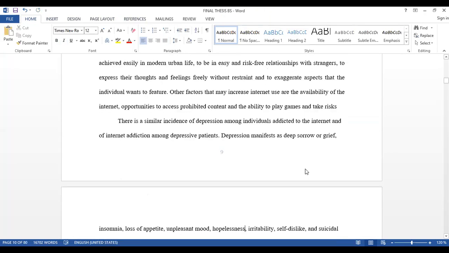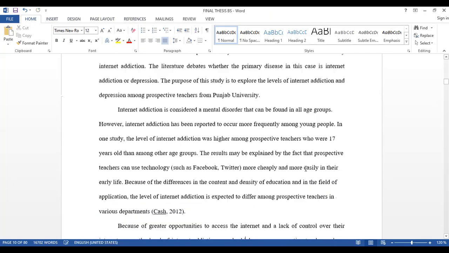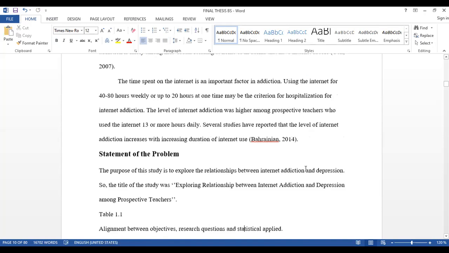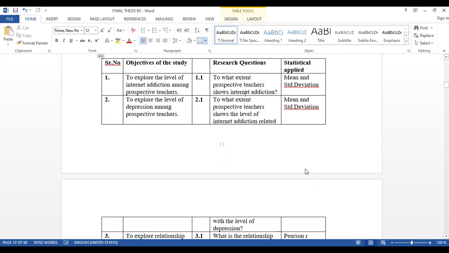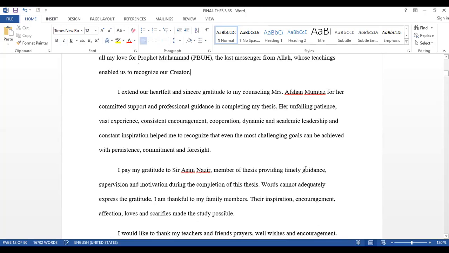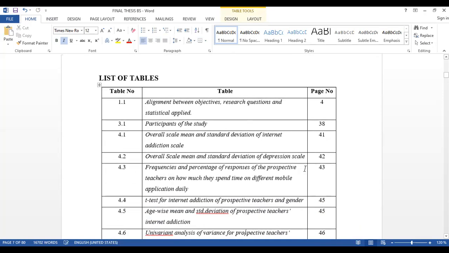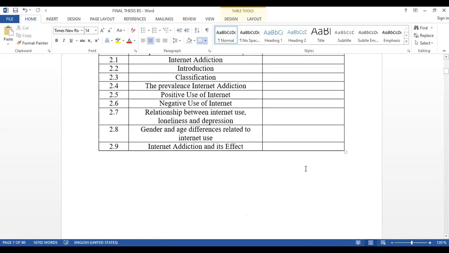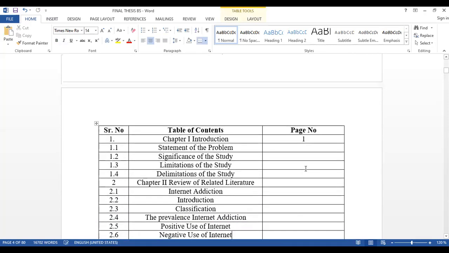Introduction in chapter 1 is on page number 9. After that, statement of problem on page number 11, right? Page number 9, then page number 11. After that page number 13, then 14, and again 14, and here page number 15. Select that page number where it exists.